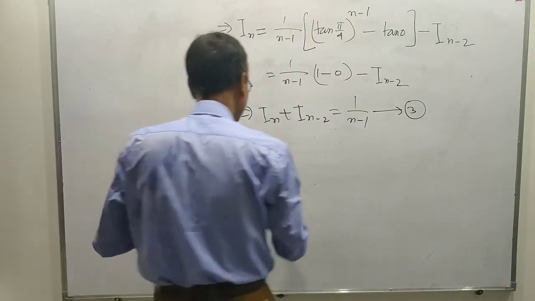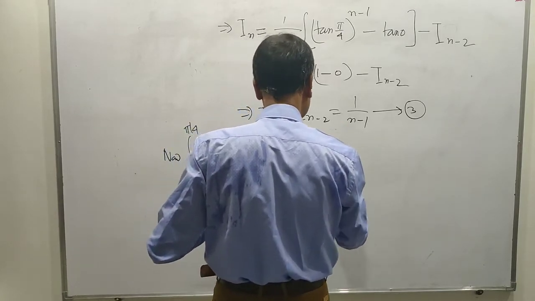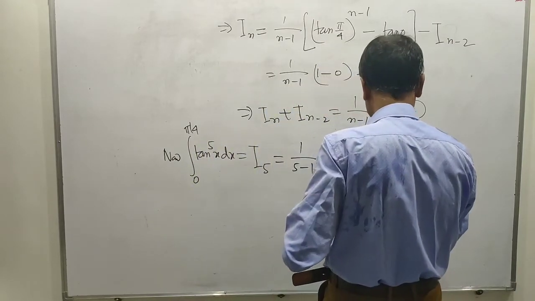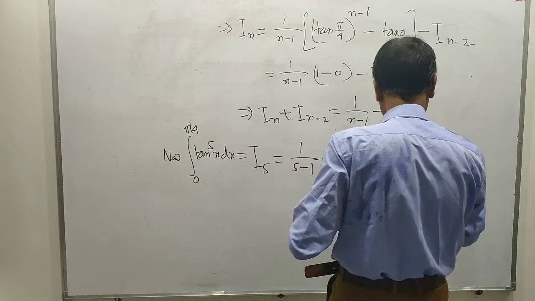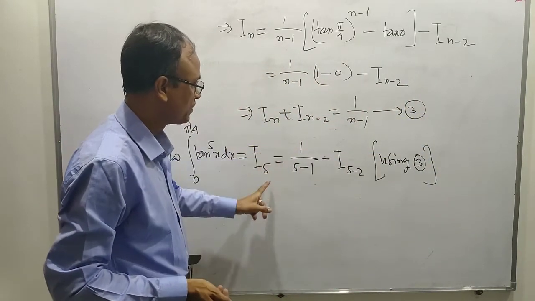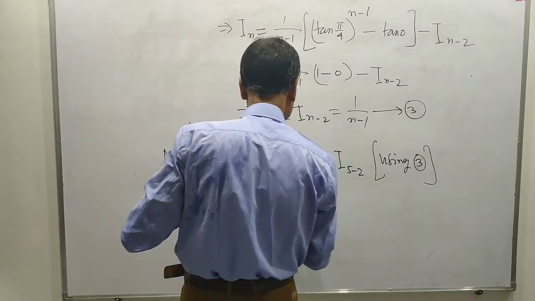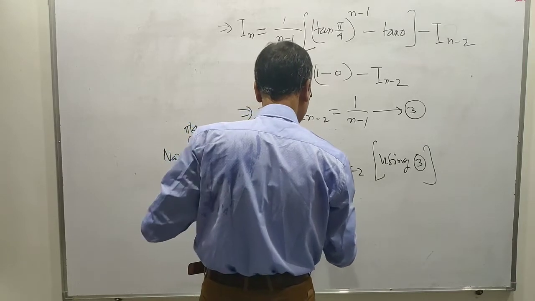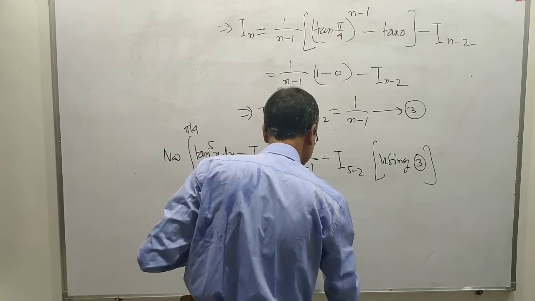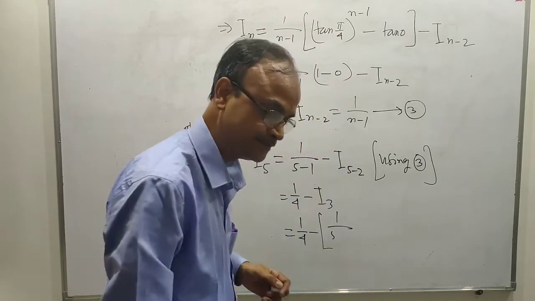It will be this. This is equal to 1 by 5 minus 1 minus I5 minus 2, using 3 you will get this. Use this, put n is equal to 5 here. This is equal to 1 by 4 minus I3. For I3 again apply this, 1 by 3 minus 1,